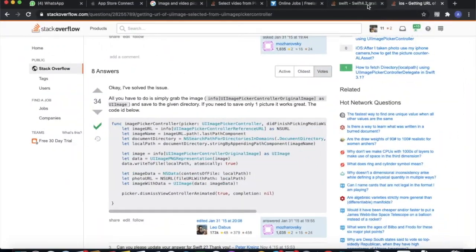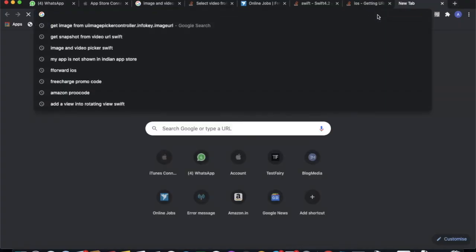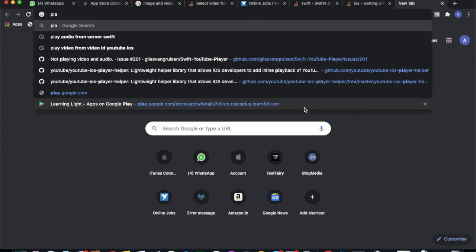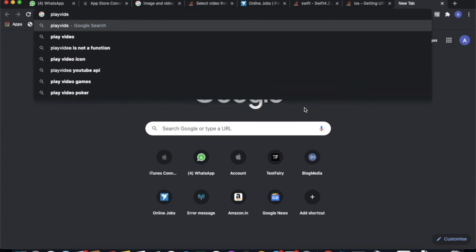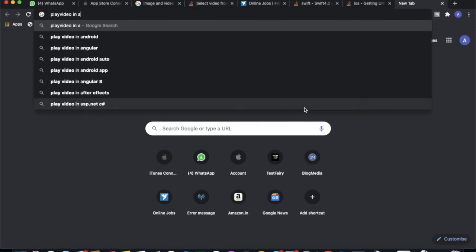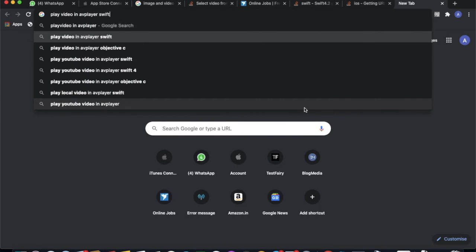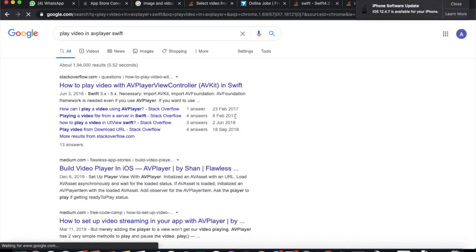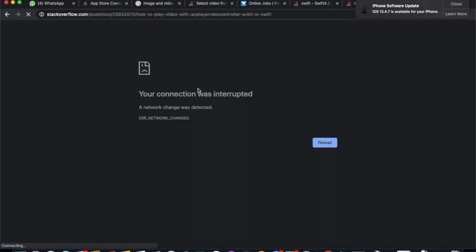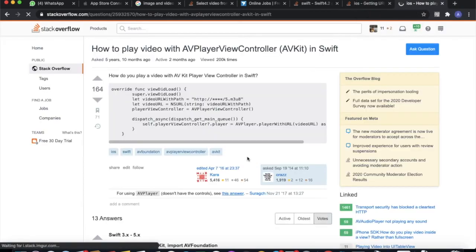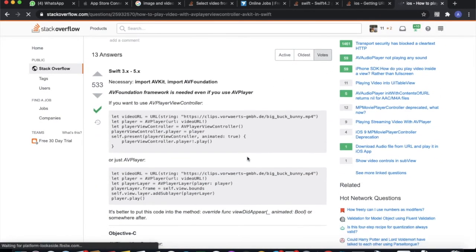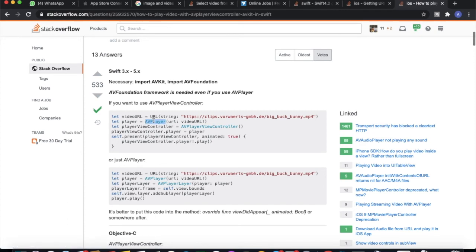So for this, you can override play video in AV player. So you have URL, you just need a player.